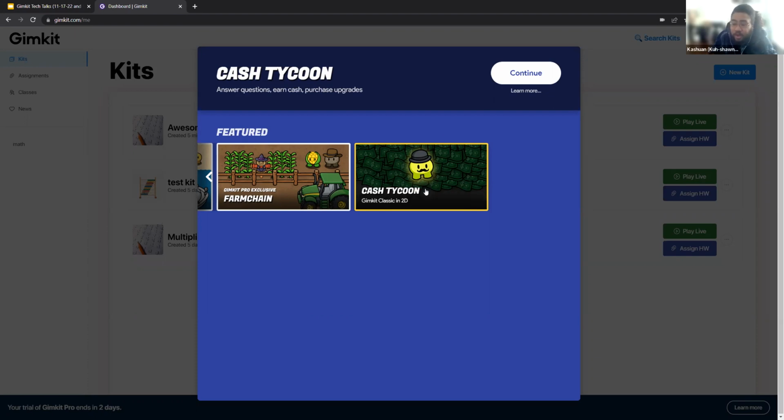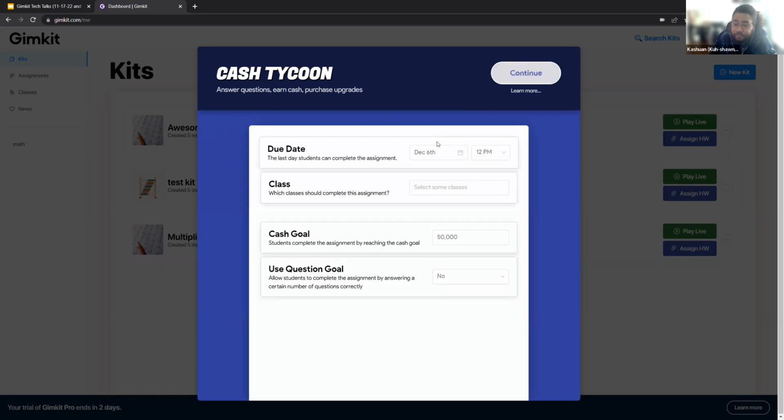Once you select a game, you'll go to the top right hand corner and click continue. You'll set a due date on there. If you have a class on here, you can select which one that you want to associate this homework with. So I'm going to associate it with the class that we just created. You can put a cash goal by default, which